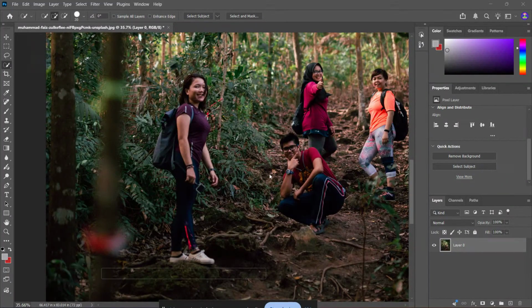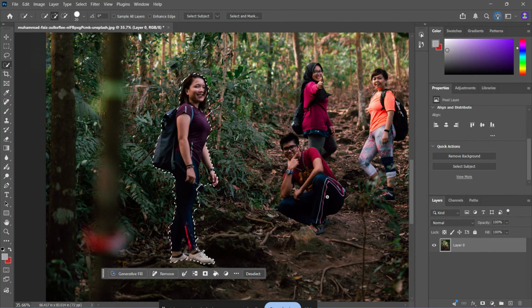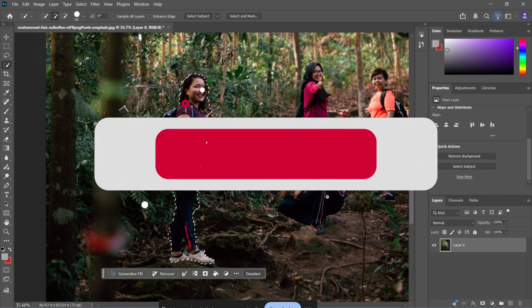If you want to remove a person from a photo and you need a reliable method that works even for older projects or offline editing, this tutorial is for you. Today I'm going to show you how to remove people from your photos using Photoshop's content-aware fill, which is one of the best tools for cleaning up an image without destroying the background. This is especially useful when you want a natural looking result and you're not working with an internet connection or